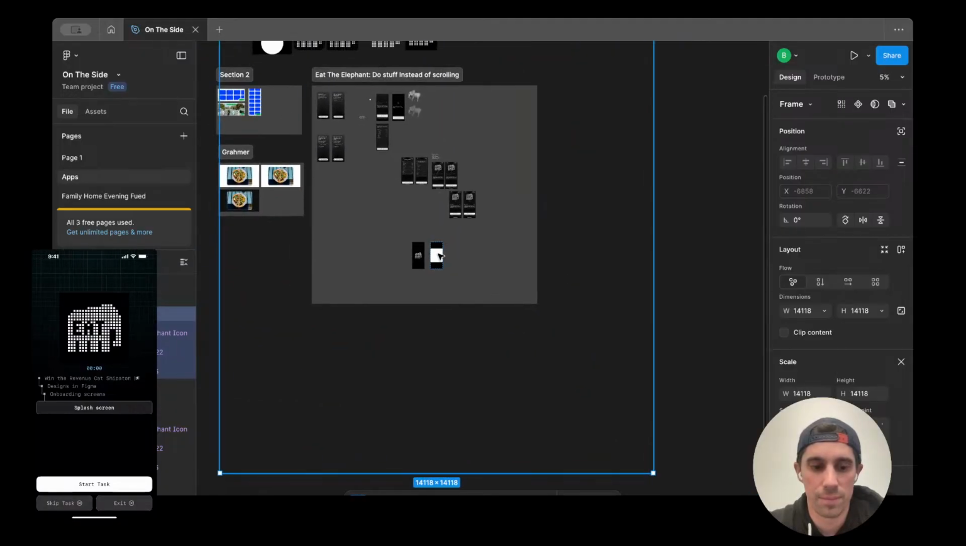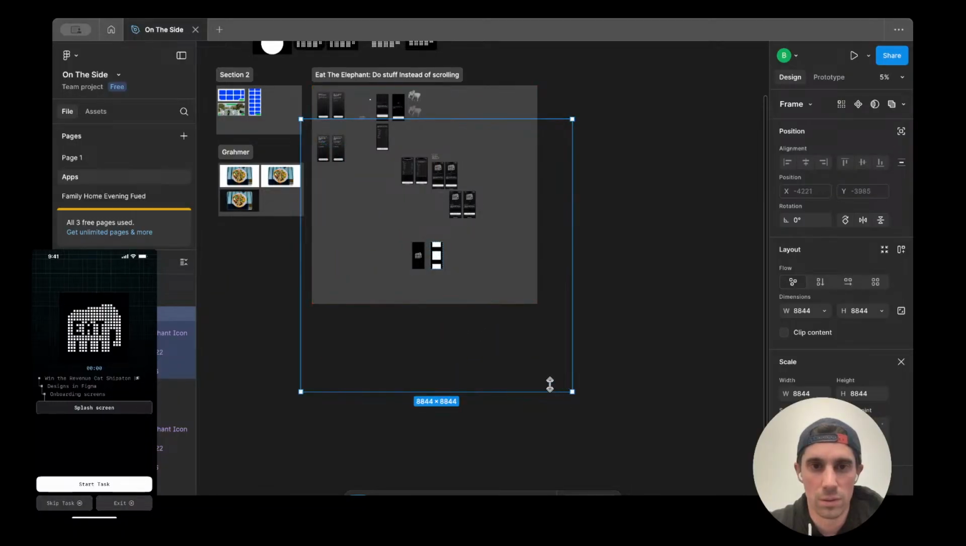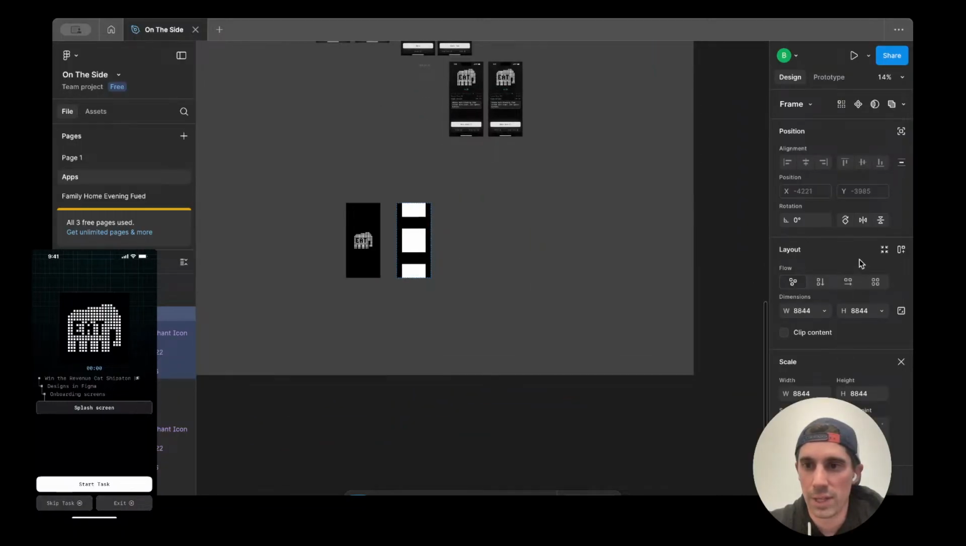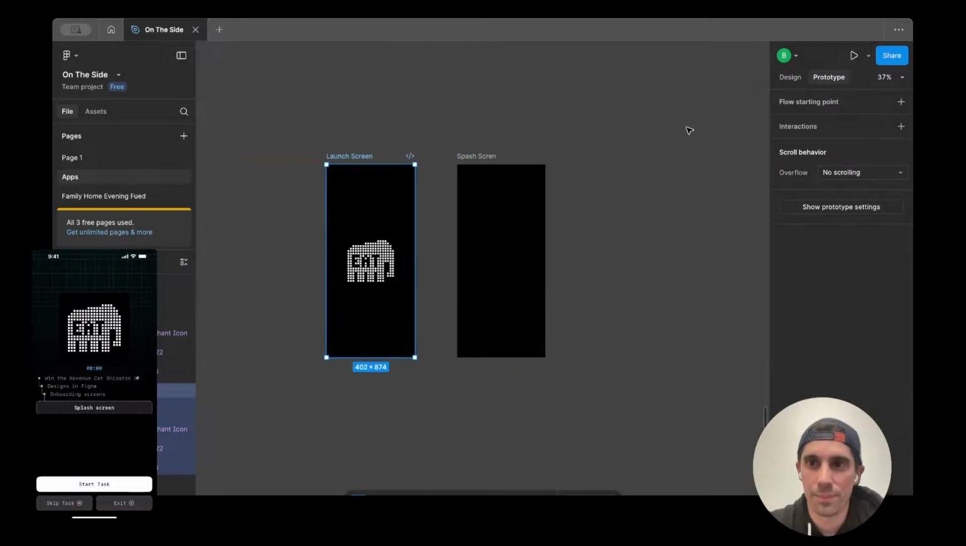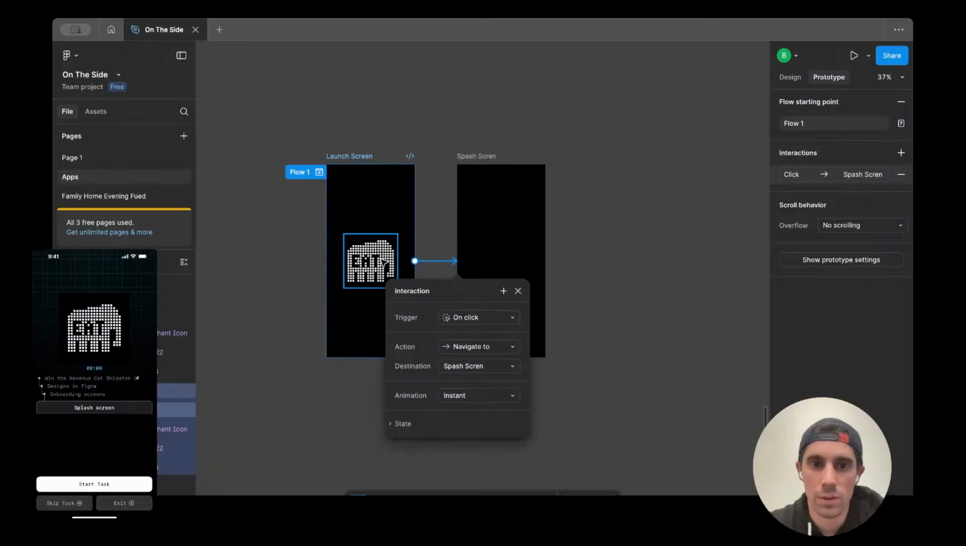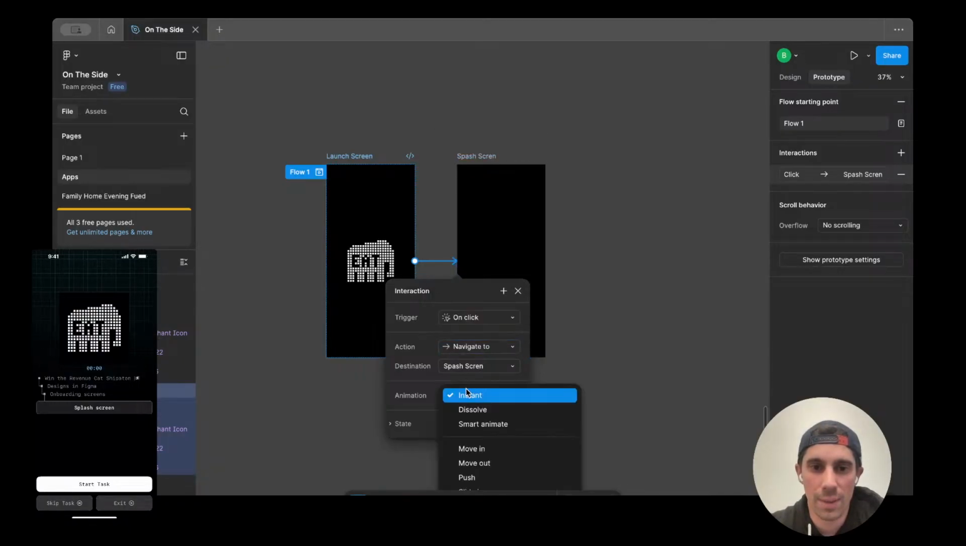Really crank that up. Crank it up big and set its opacity. All right. So we can just say when we click this screen, we're going to navigate to here. This is kind of just to show Trevor what's happening. We want the animation to be smart animate